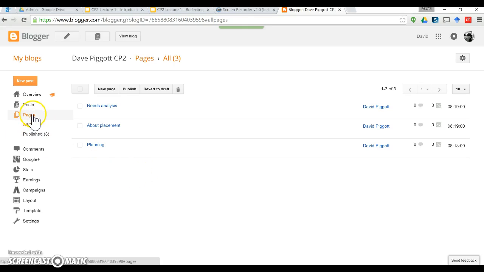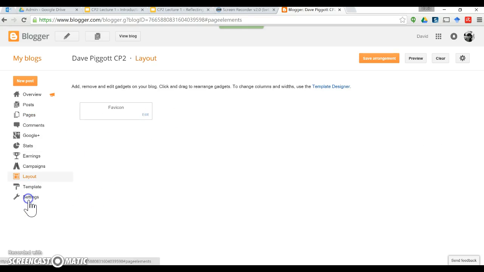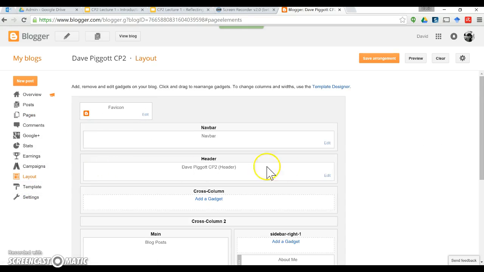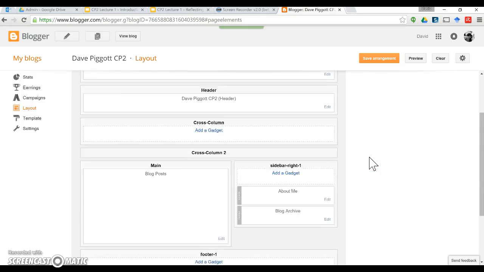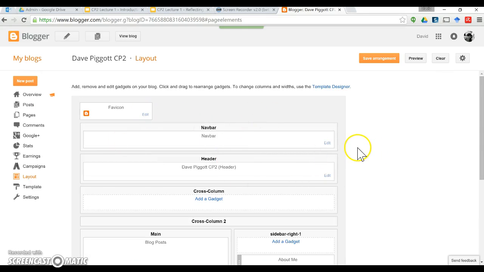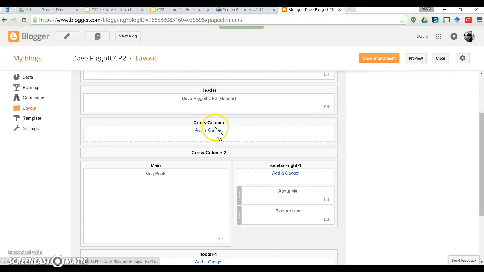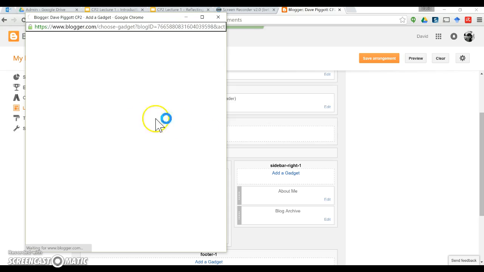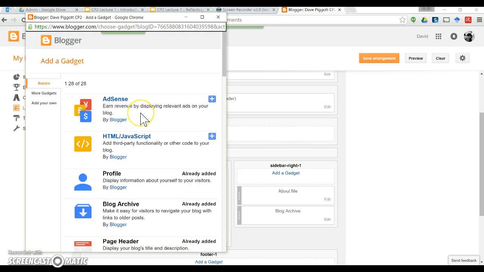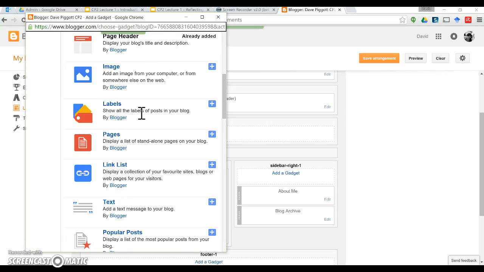starting point. Now, in order to get these pages to show up on your blog, we can go to layout, and you can see at the moment this is just showing me how my blog is going to be laid out, so what components are going to be in what positions. Now my suggestion would be, it depends on the style you're using, but if you go to cross column here, and we're going to go add gadget, and we're going to find the gadget that says pages, and we're going to click the little plus button,